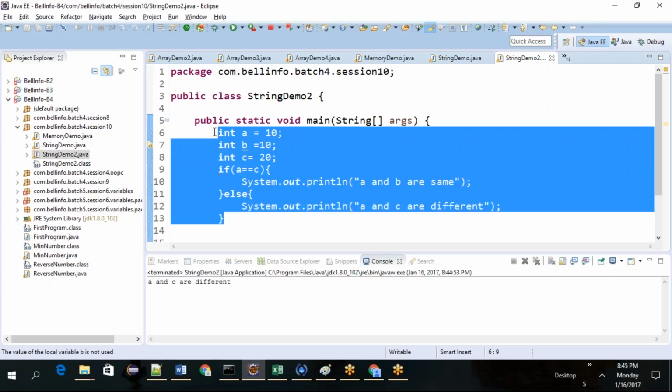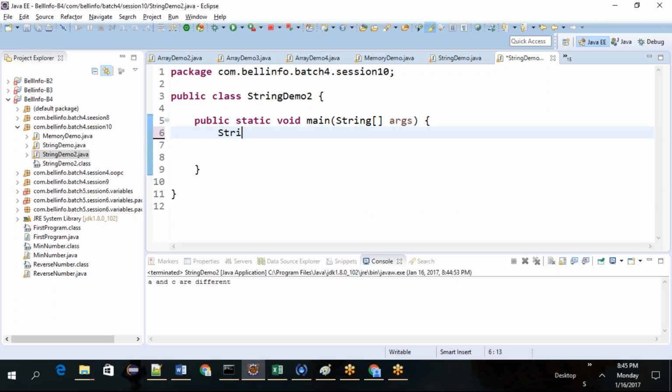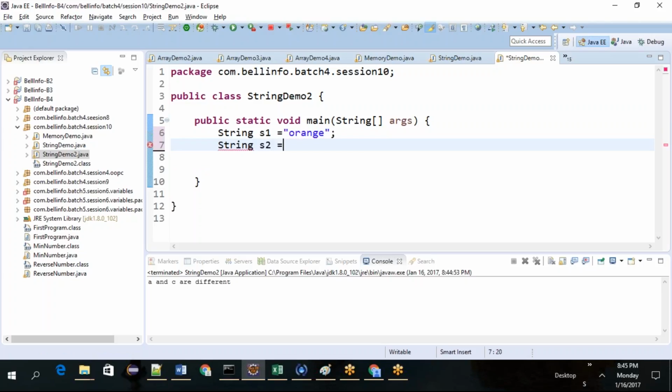So let's go back to our string concept. String s1 equal to "orange", string s2 equal to "orange". Let's see.